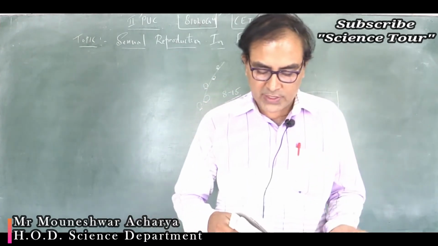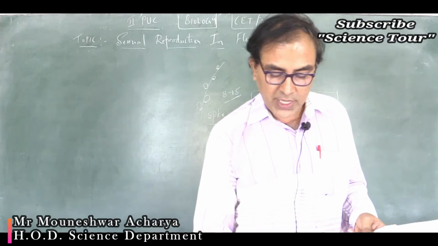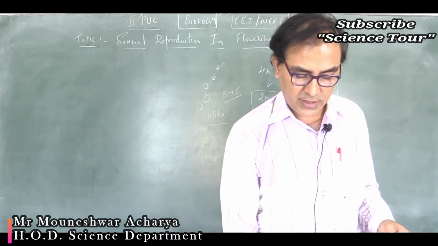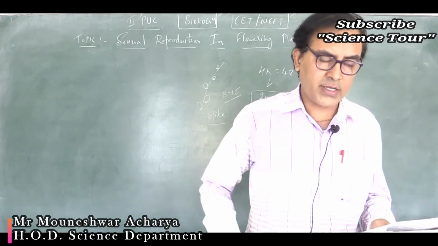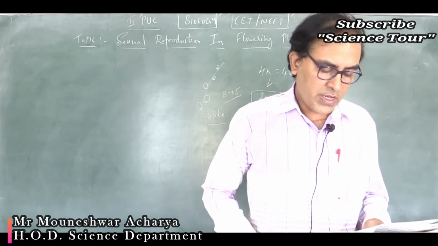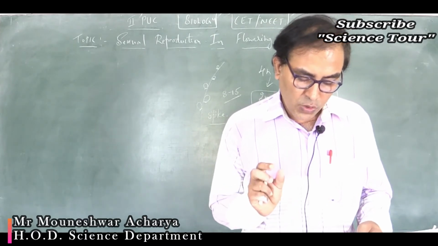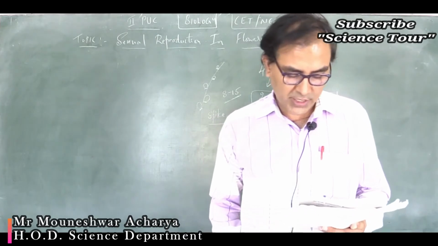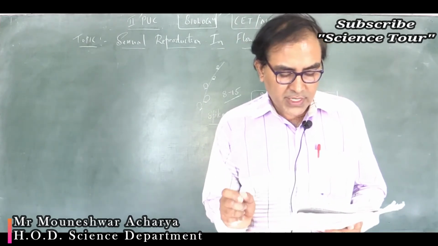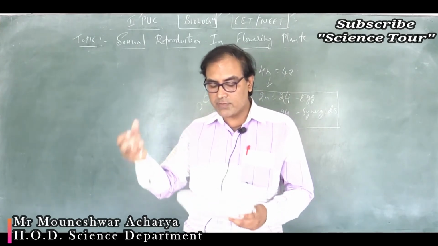Flowers should be bisexual. It is the right option. Flowers should be bisexual. Is it? Which of the following characters is not required? So it is required. Next, anthers and stigma should lie close to each other. Yes, then it ensures self pollination. Third one, flowers require synchrony in pollen release and stigma maturation.